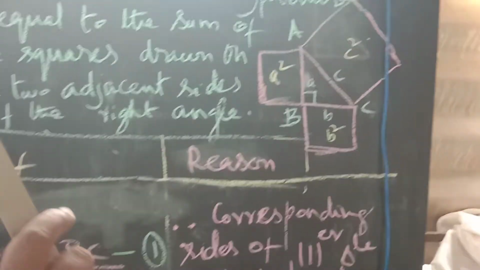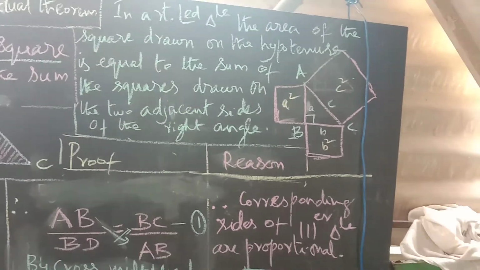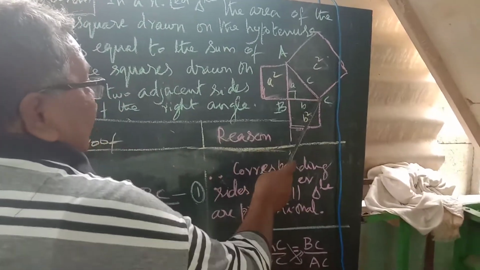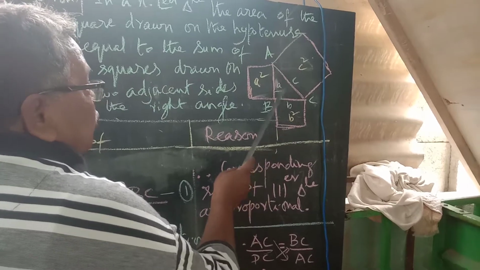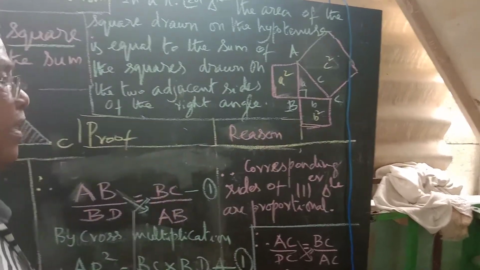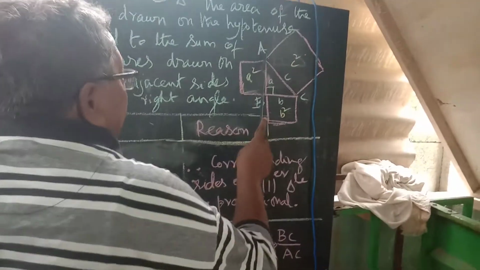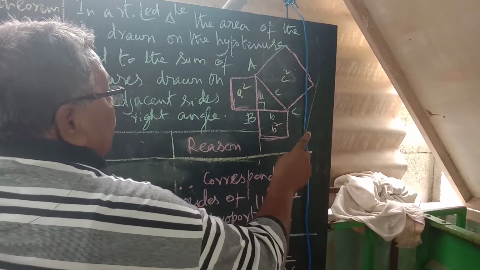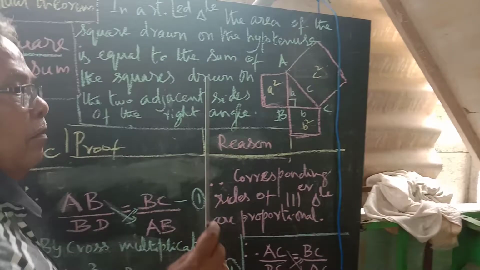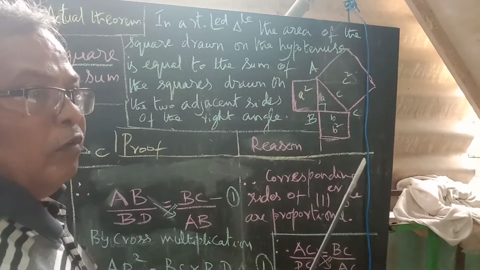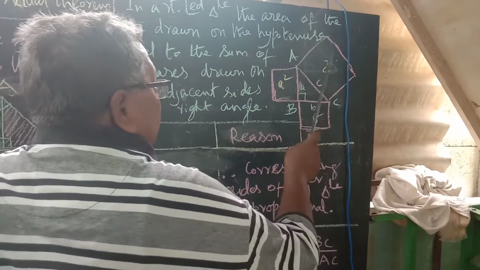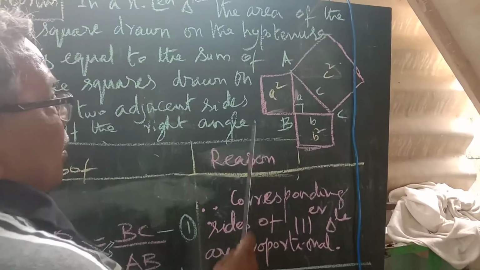Generally, you must remember that the side opposite to the right angle in a right angle triangle is always the hypotenuse. The other two sides are said to be adjacent sides. Here, in this triangle, this is the hypotenuse. If you draw a square, you know what a square is? A square means four sides are equal. If you draw a square on this hypotenuse, similarly, if you draw squares on these two